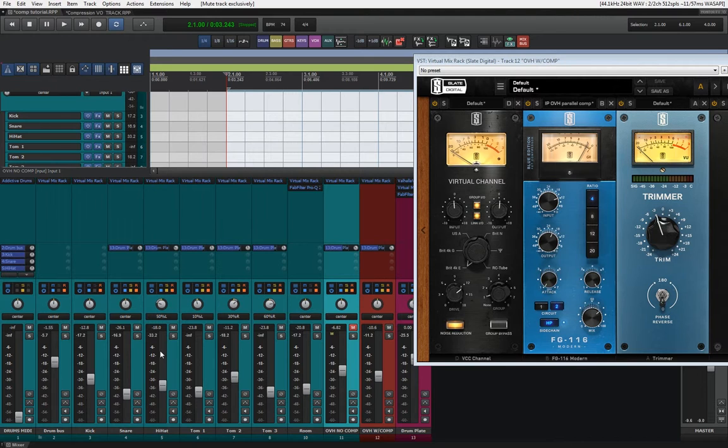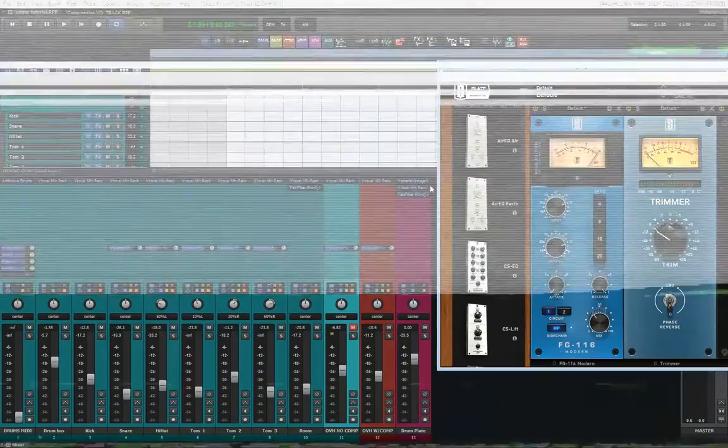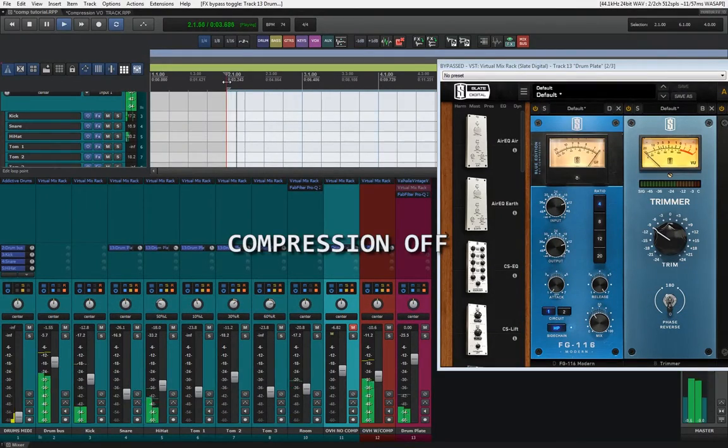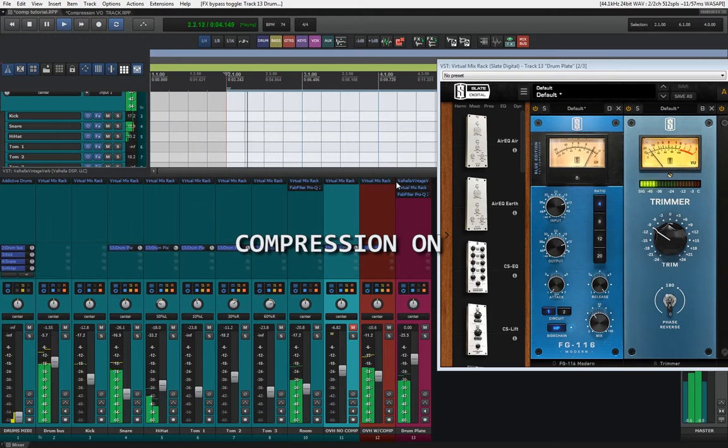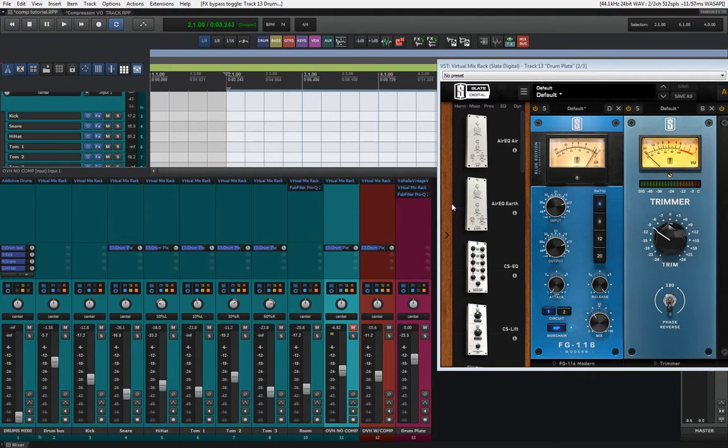But it doesn't stop there. If we do something similar to the reverb send, we get even more. Listen to what happens if I remove the compression that's happening on the reverb send. And now back in with the compression. You can probably hear how much we actually lost when we disabled compression. The whole idea of the sound that we got from the start is kind of gone.